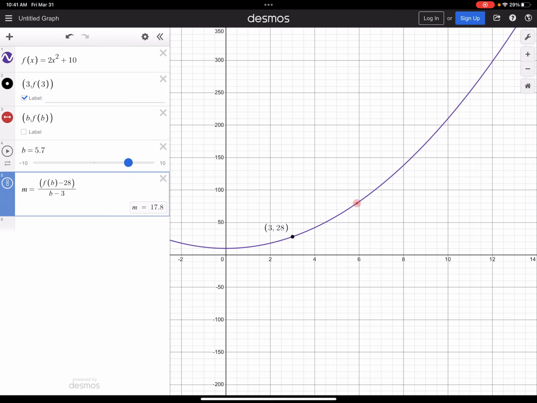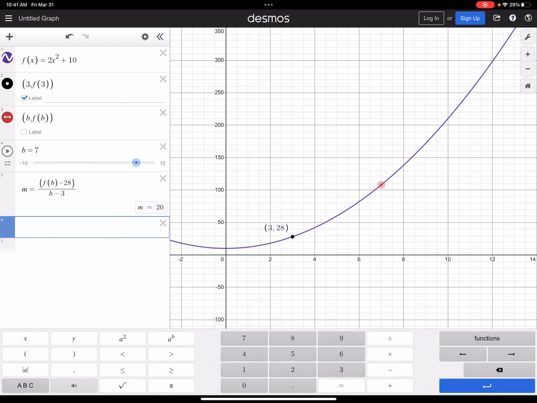Now as b changes, that slope changes. Now if you're interested in also drawing the secant line, let's go ahead and do that. We're going to use point slope form, which is y minus the y coordinate. So y minus, and let's use the black point as our anchoring point. So y minus the y coordinate at that point is y minus 28